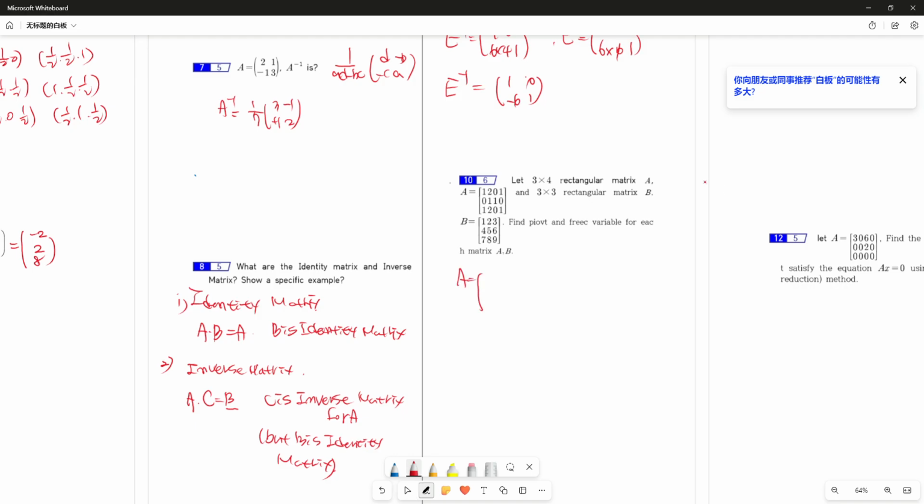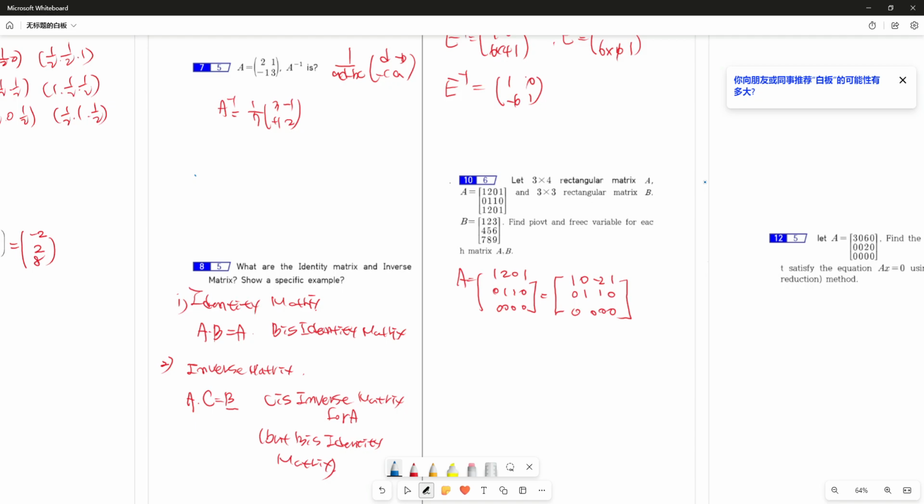Okay, next, 10. So A equals 1 2 0 1. So 0 1 1 0 and 0 0 0 0. So 1 0 0 1 and negative 2 and 1 and 1 and 0. Okay,